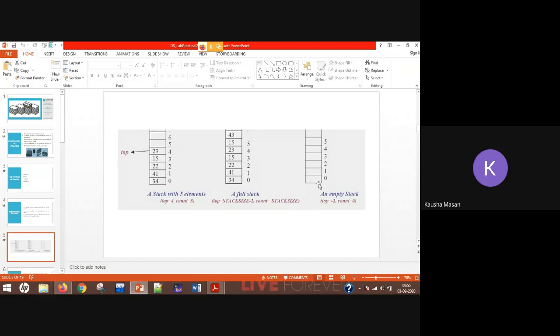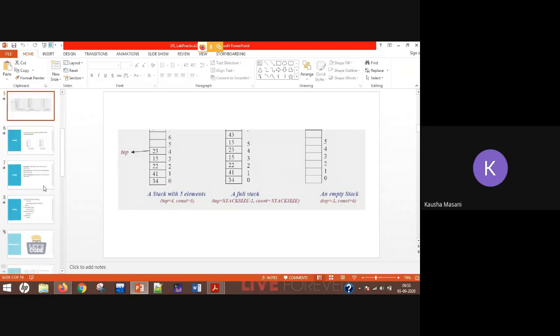Once you have incremented your top, you add the new element which you have taken from the user to this place. You access it the same way as you access array elements, so a of i, or s of 0. At s of 0, you place the element.